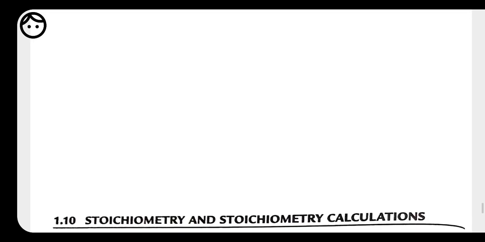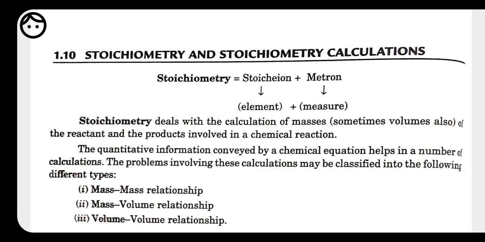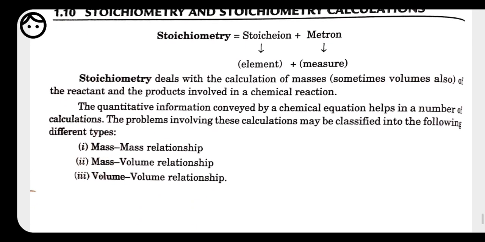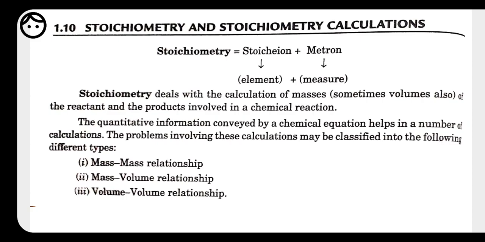Now after empirical formula we have stoichiometry coefficient. What do you mean by stoichiometry coefficient? Whenever we are writing any chemical reaction, to represent or write any reaction, we are putting some number before the element. Like we can take an example. See, if we are writing N2 plus H2 gives NH3.